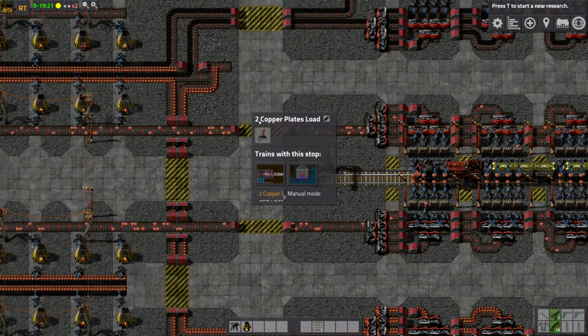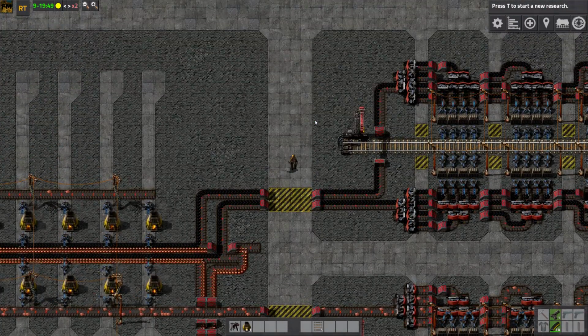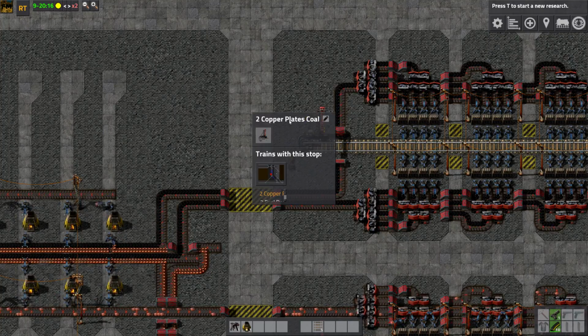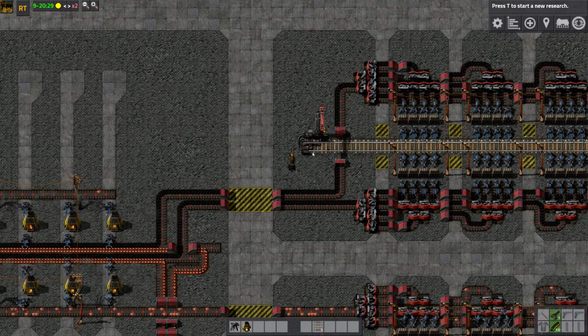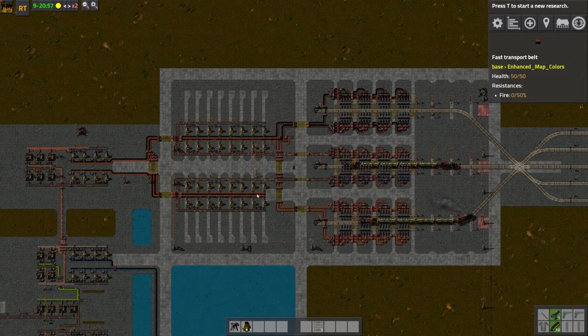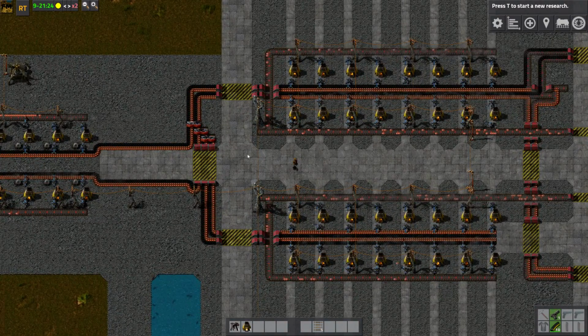This is called 2 again, copper plates load. And this is 2 again, copper plates coal. This is the coal for the copper plates. On this side, at the back end of the process, some of the copper plates are